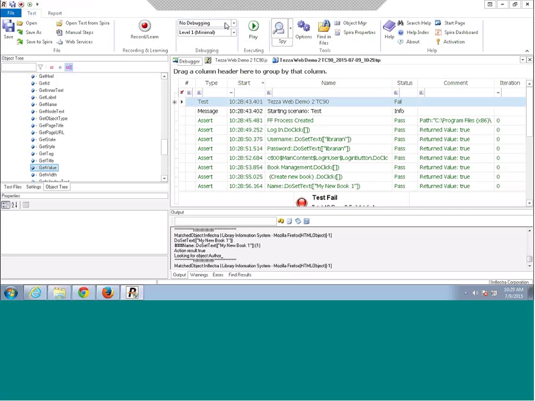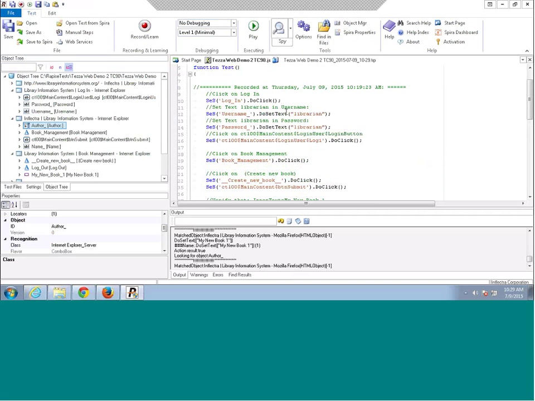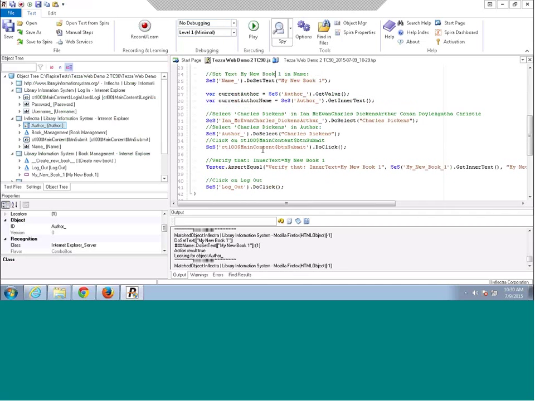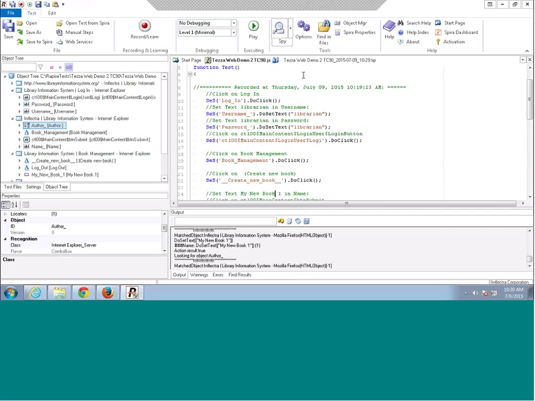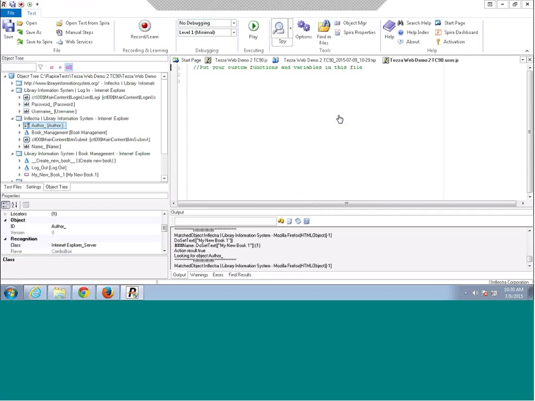The other thing we can do in Rapise is use the power of the IDE to make the test more reusable. If we go back to our test, we've got this big long test script here. It would be nice if it was more modular and easier to adapt, so we could reuse portions of it. If we go back to our home page, if you remember we had the user file. This is the main test file here. This is the user file. So if I click on that,